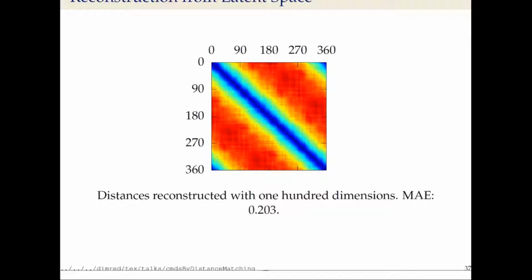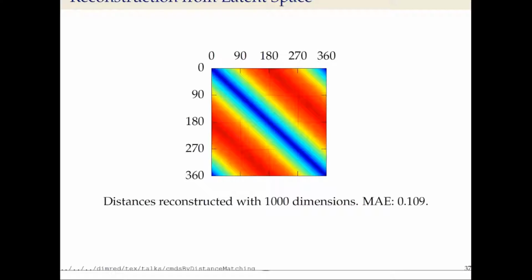100 dimensions. Actually, now at 100 dimensions, you're hallucinating a little bit some of those features, right? So 90, 180, 270, but there's something also here, so you're not quite seeing those features clearly. So if you're just taking the highest variance 100 dimensions and using that to reconstruct the distance, then 1,000 dimensions. It's a 3,648 dimensional data set. We've had to use 1,000 dimensions, and now we really see the structure. I don't think that's too different, certainly by eye. And look, the mean absolute error is 0.109. So that seems good, but